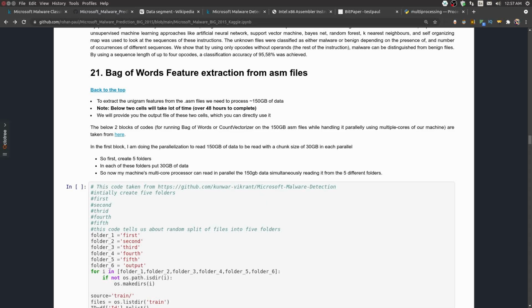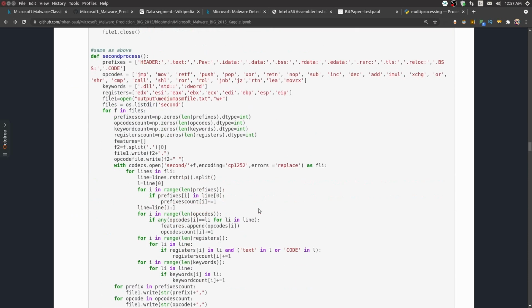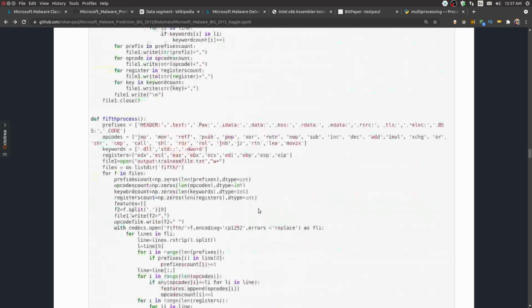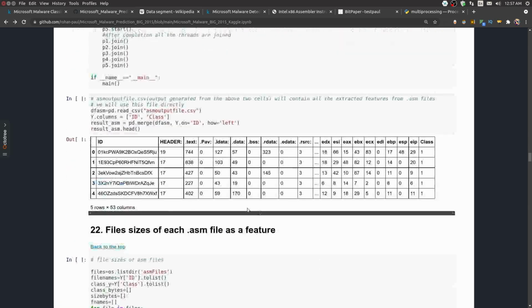All right, and now a very important portion of the whole project, which is a bag of words feature on the ASM files. What I want to do at the end is take all the ASM files and create a data frame like this. So to explain this data frame,